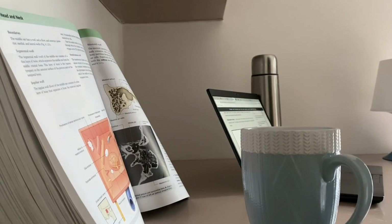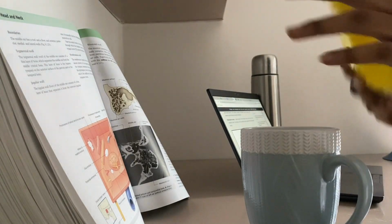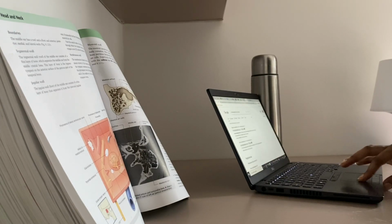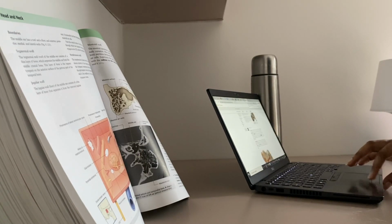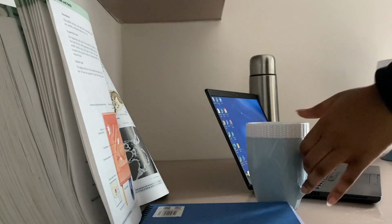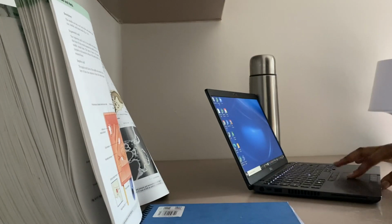This video is going to be on how I study through the night. Some of you do know that I love the night hours. I just find it so peaceful and I feel like I can get so much more work done compared to during the day. So in this session I'll be doing 12 hours split over 4 kind of blocks,